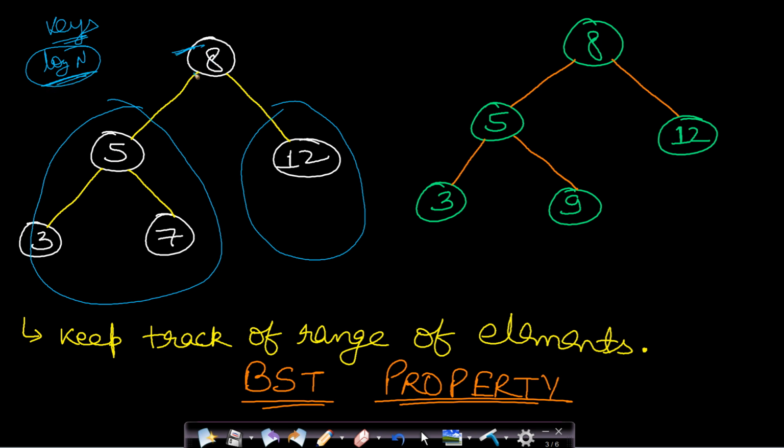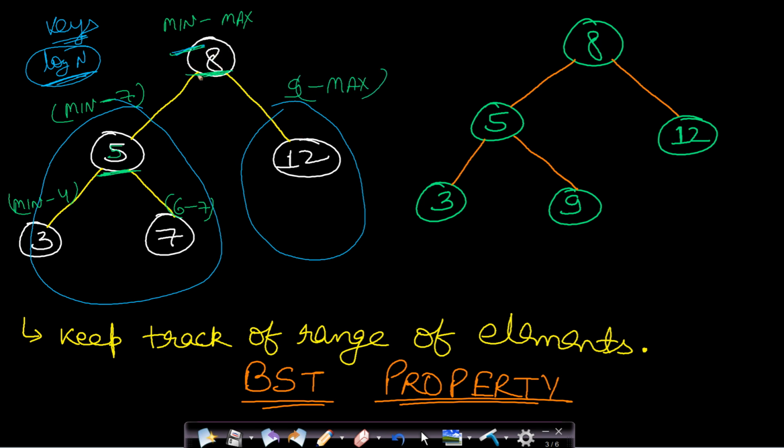Now if you look closely, this property can also be said that this root element can be anything from int min to int max. Root element can be anything. So its left subtree elements are always less than this root element. So the left subtree elements will fall in the range of minimum to 7. And since the left subtree's root is this 5, if we take 5 in this subtree, then its left subtree elements will fall in the range of min to 4, and its right subtree elements will fall in the range of 6 to 7. I hope you are understanding how this is done. If you take this root 8, then its right subtree elements will fall in the range of 9 to max.